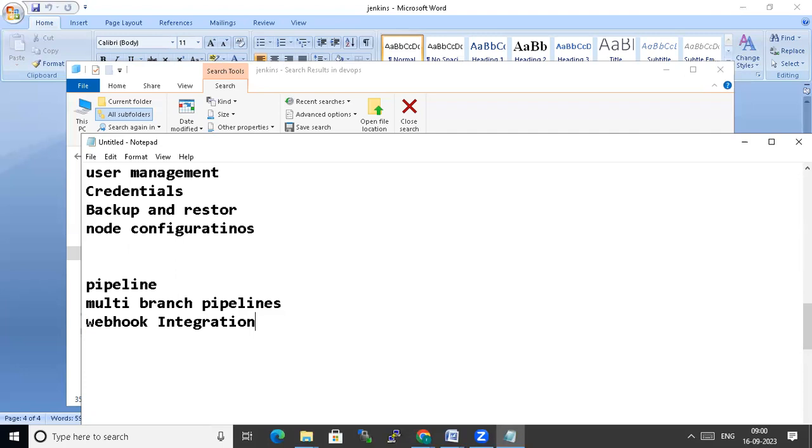If any developer merges the code into GitHub, the pipeline is going to trigger automatically. And if you have dev, QA, staging and production environments, instead of having 3 pipelines, if you use a multi-branch